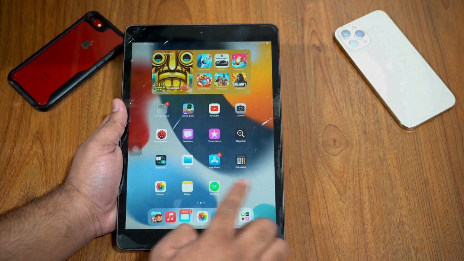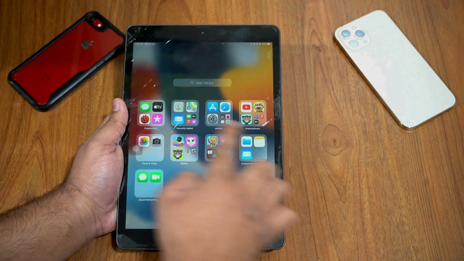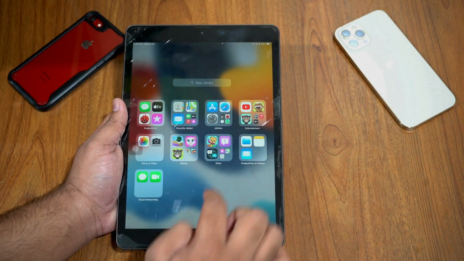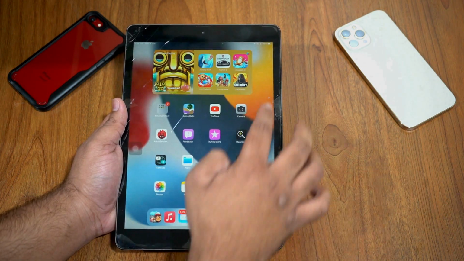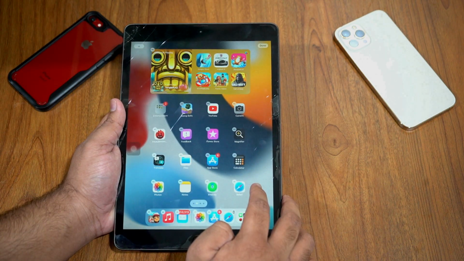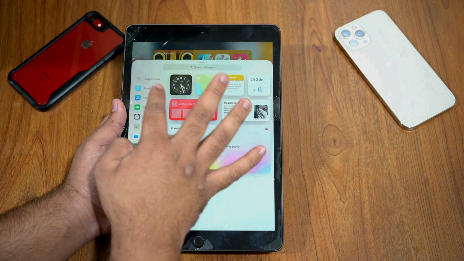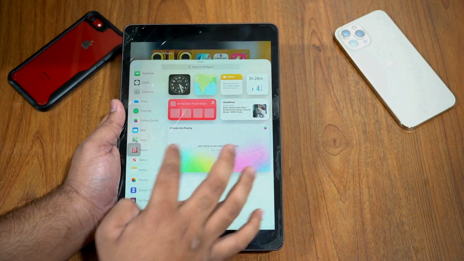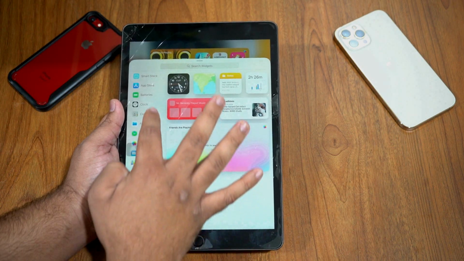iPadOS has finally got the app library, which was introduced in iPhones last year. It automatically organizes your apps into helpful categories like productivity and games, and for quick access, it's built into the dock as well. Some new widgets have also been added like Find My, Contacts, Game Center, App Store, and Mail. All have new widgets, and many widgets now come in a new larger size.